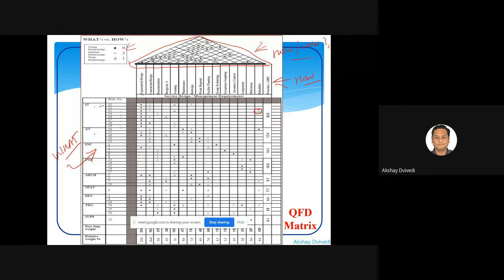Now, just to understand what this is, imagine a case where you are designing an automobile and the customer requirement is higher mileage and very high acceleration. Now, is it practically possible to have a car which can go from 0 to 120 in 3 seconds, and at the same time the car has to provide a mileage of 50 kilometers a liter? Is it practically possible?